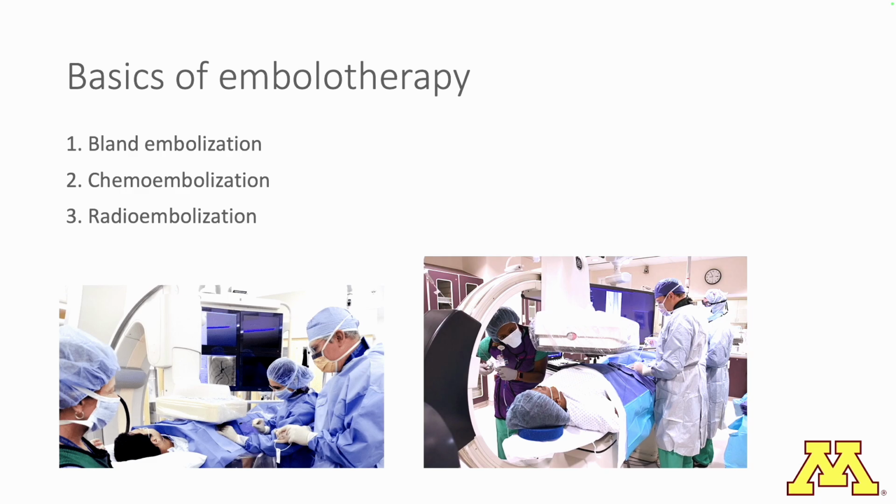So as I talked about bland embolization, chemo, or the radioembolizations, it's typically done in an IR suite where we have the ultrasound access. Ultrasound we use to get into an artery in the groin or into the left wrist, and the goal is to use our catheters and wires and get to the artery which is selectively supplying the tumor, and then we use that to inject. We confirm, we can do CTs on the table, we can do angiograms, which means injecting